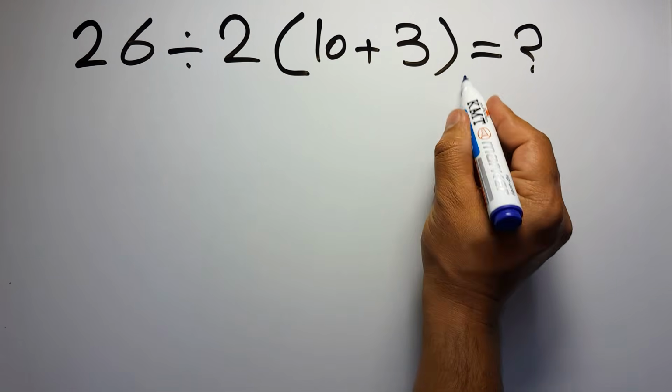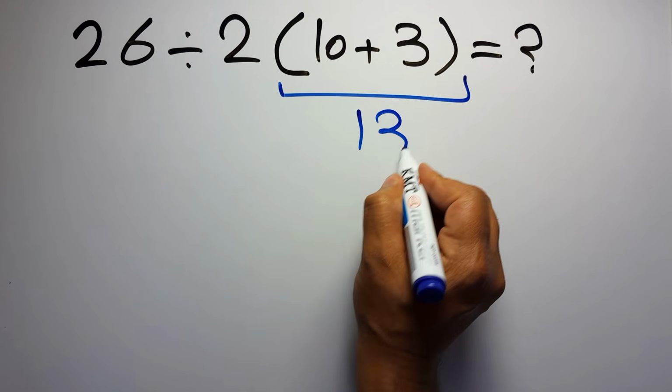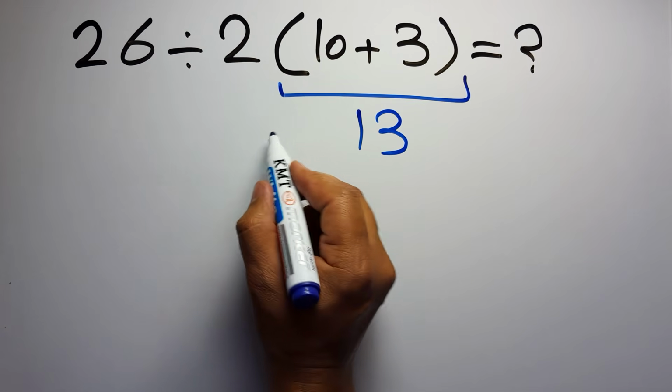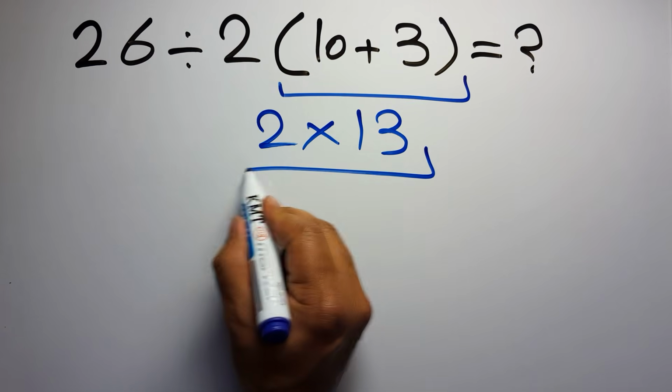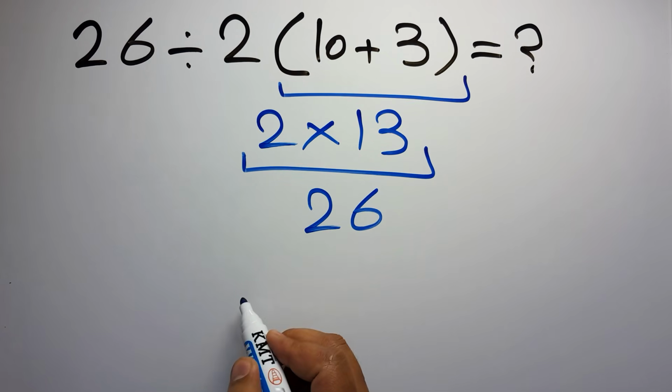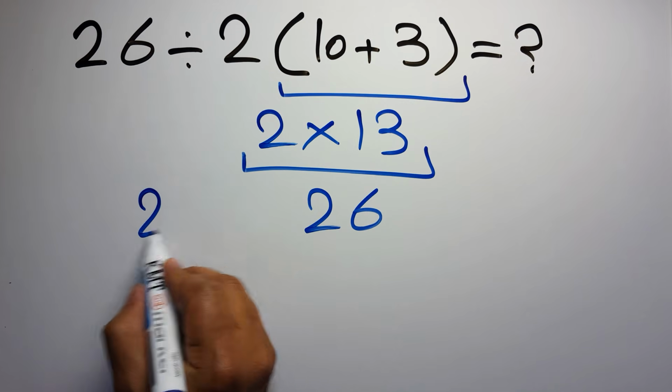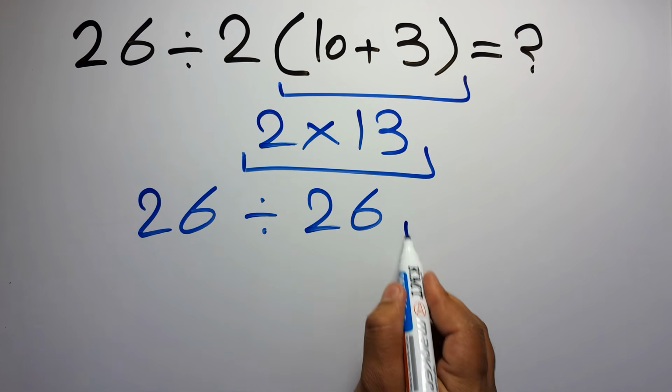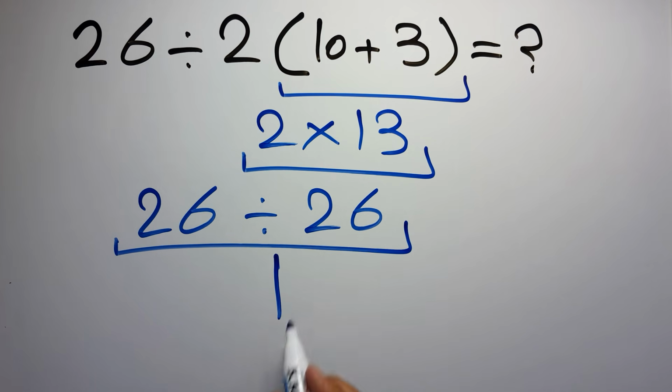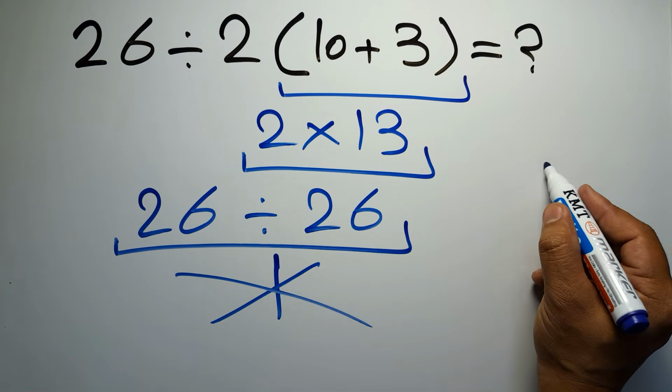10 plus 3 gives us 13. And 2 times 13 equals 26. So 26 divided by 26 is just 1. But this answer is not correct because according to the order of operations, which is PEMDAS,